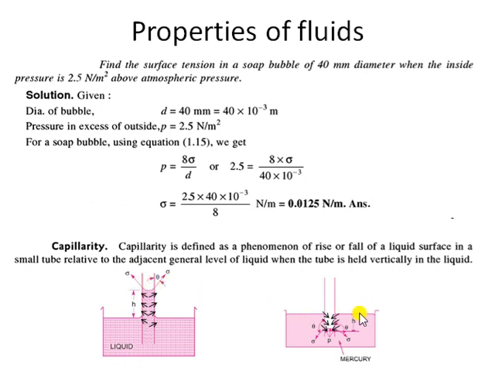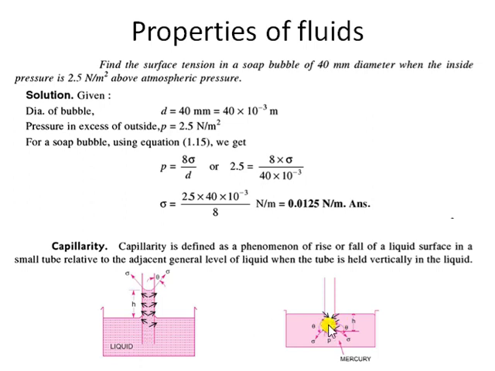But what happens in case of capillarity fall or depression? Let's say in case of mercury, mercury has a tendency of capillary fall. Why? Because in mercury, cohesive forces are great and adhesive forces are not very significant. So cohesive forces will be dominating. When you insert a tube here, since the cohesive forces are higher, liquid molecules will try to remain in contact with each other. They will come closer and stick together. So they will try to move away from the glass.